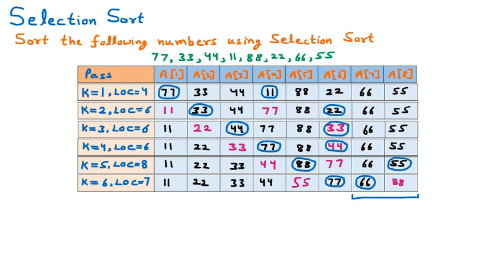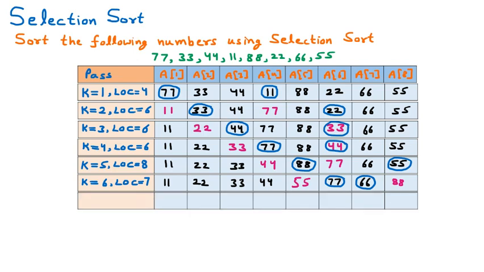So we are inserting one more row here. Elements in the circle are swapped, so 66 will come here and 77 will come on the other side. Rest of the elements will come as it is. So 11, 22, 33, 44, 55, 88 will come as it is. We can see that these elements are swapped.